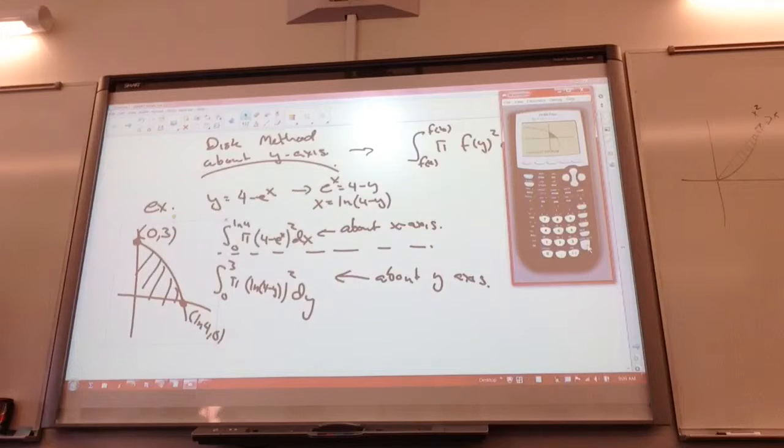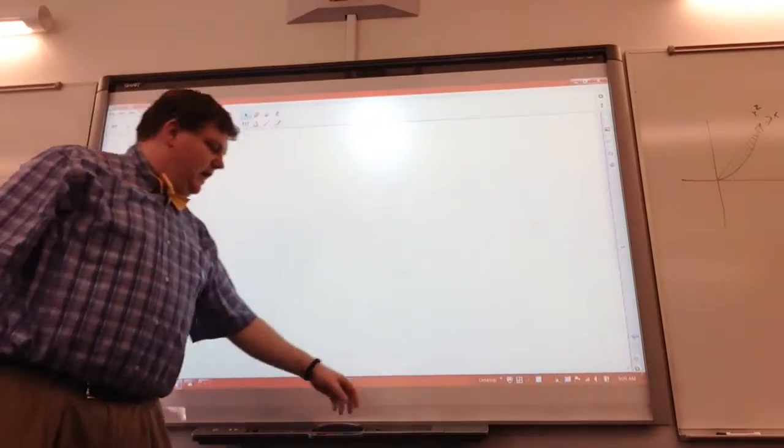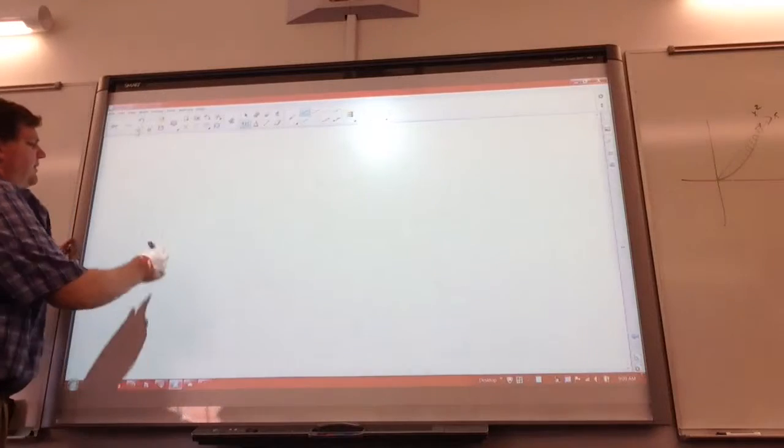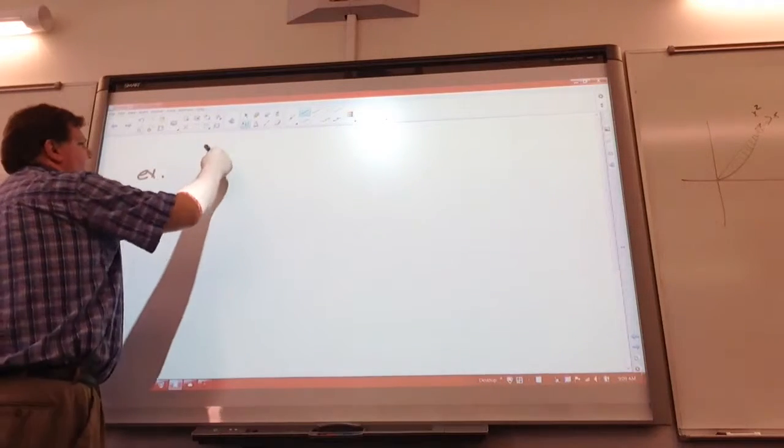This can get tricky because it could depend upon what exactly we're trying to spin. In this particular case, it was fine because the area in question was bound both by the y-axis and the x-axis, so it didn't matter how I looked at things. But in this next example we're going to look at, you're going to see it gets a little trickier. So with this example here, we're going to do the area